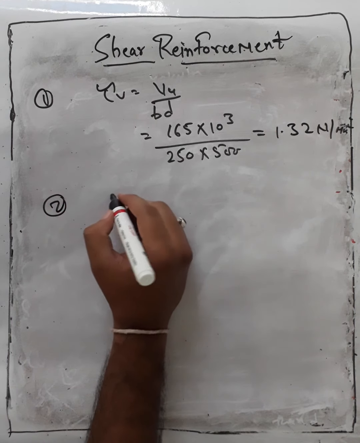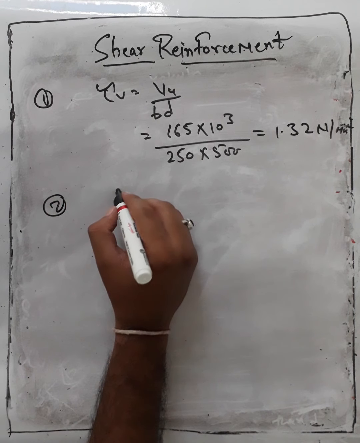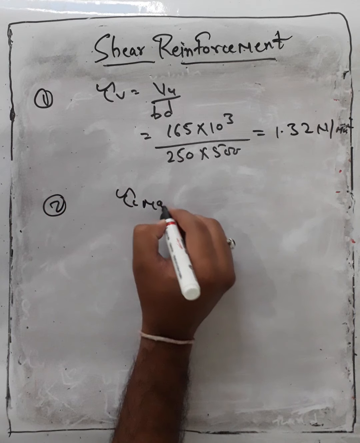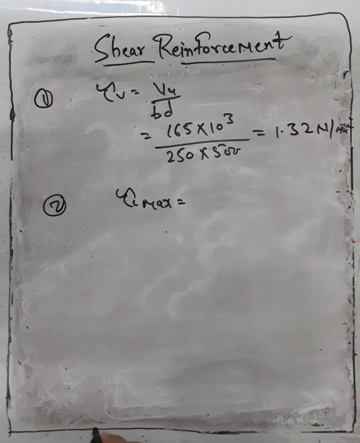Now second, we have to compare with tau c max. So tau c max is equal to, for M20,